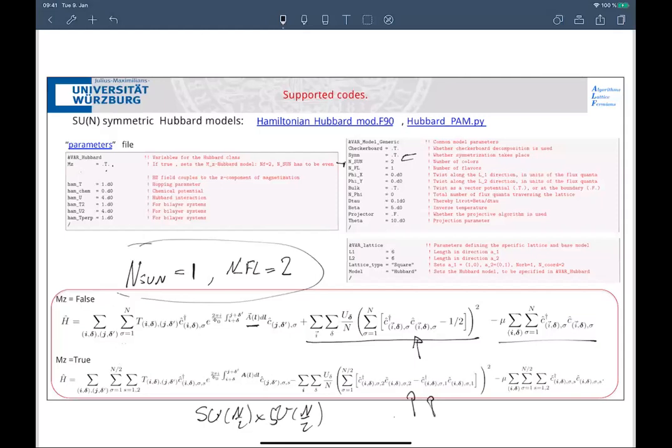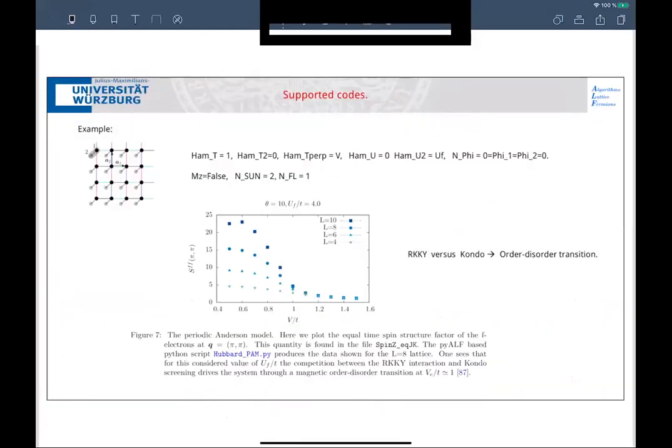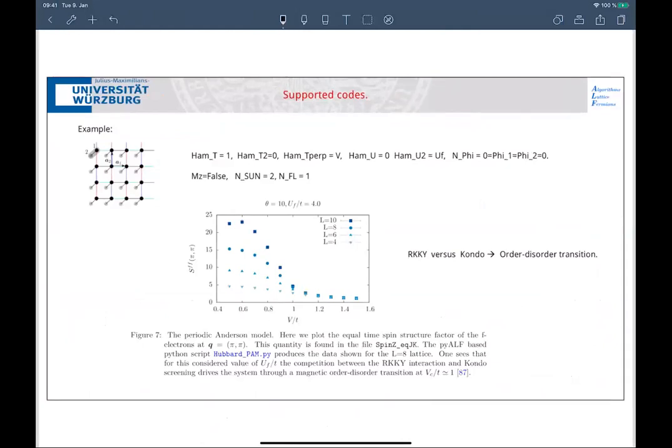That's the symmetry of the problem. So that would be the spin up sector, the spin down sector, which you can generalize to higher orders, and you will essentially be able to stabilize stripe phases, etc. I won't go into details here, but that's possible to do. Now, an example to show you what you could do.